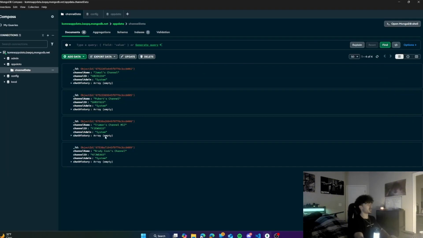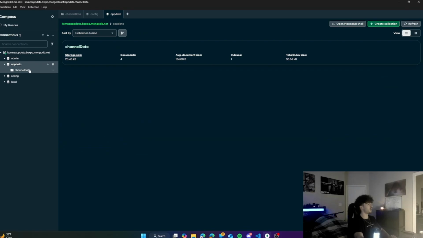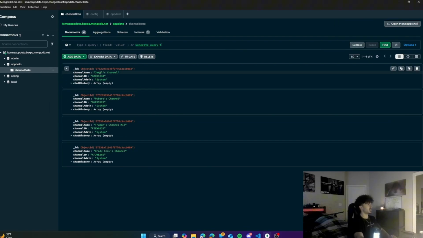So these are just four default channels I have created. It is stored under this app data database and then in the collection channel data. So these are all objects. Each channel has a property called channel name, channel ID, channel admin, and chat history. And chat history contains message objects, and each of those objects contains a sender, a time, and a message, and